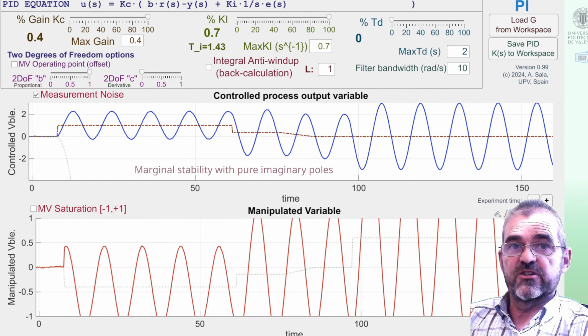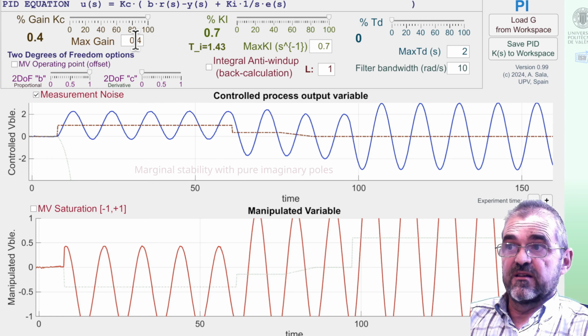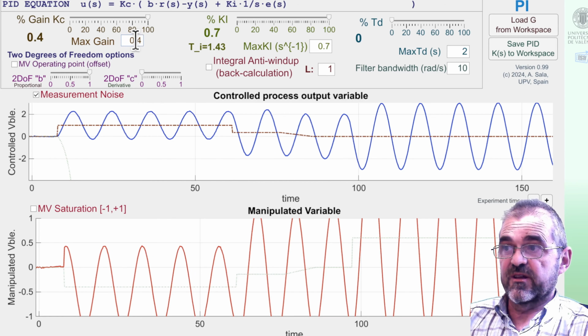So here we have oscillations that keep their amplitude constant, although that will be difficult in practice, let's say. And then if I increase my gain above 0.4, then I will have